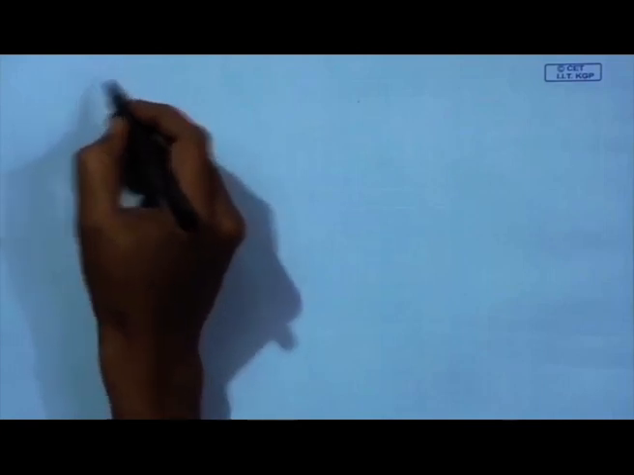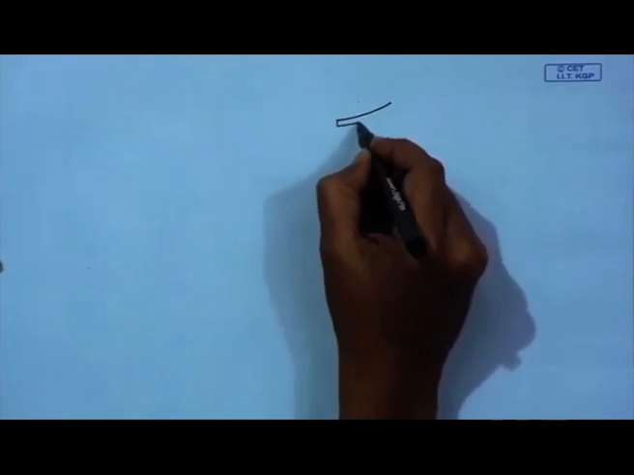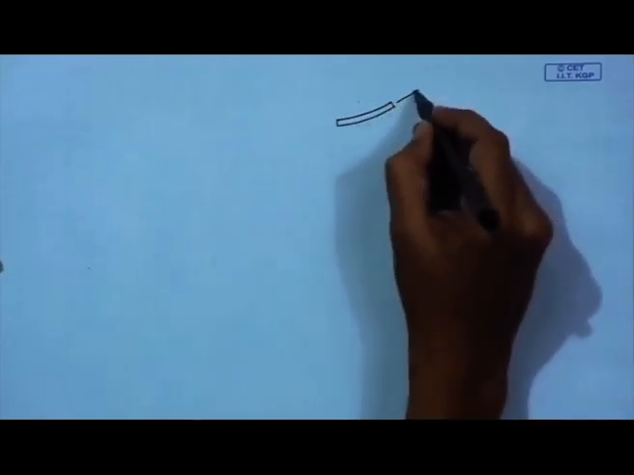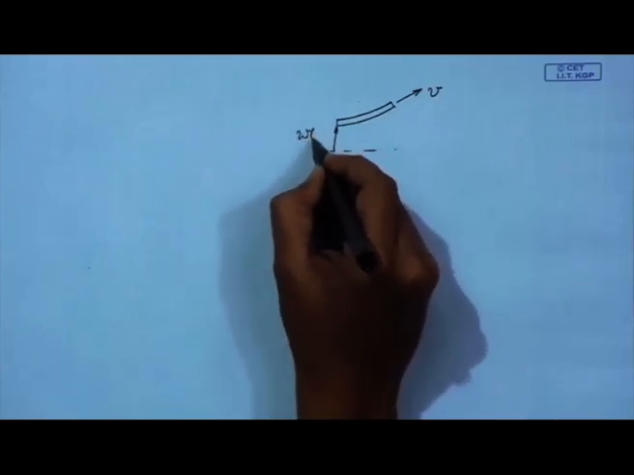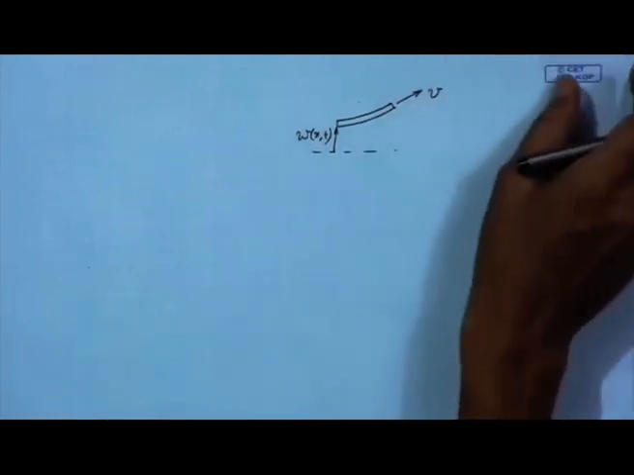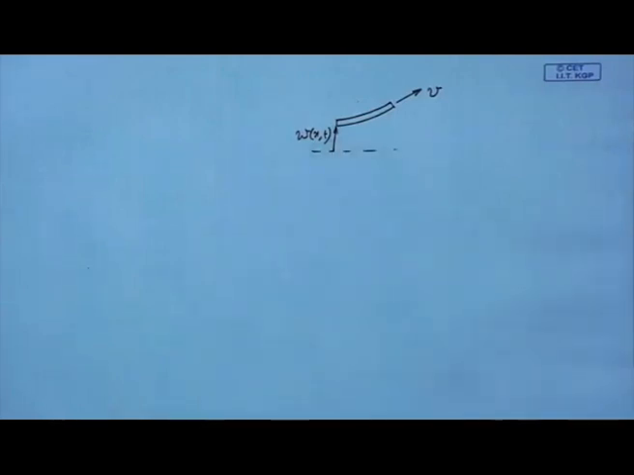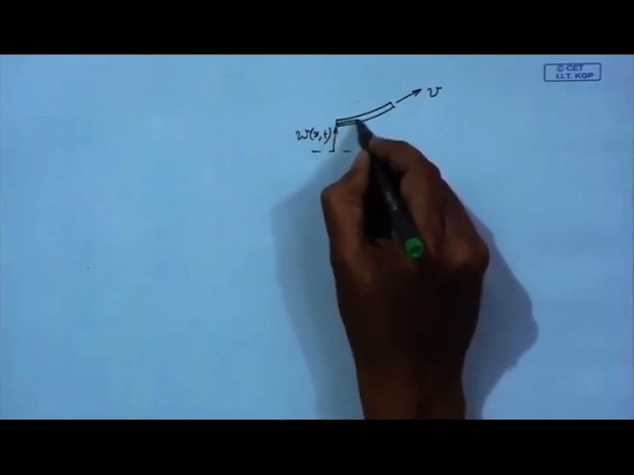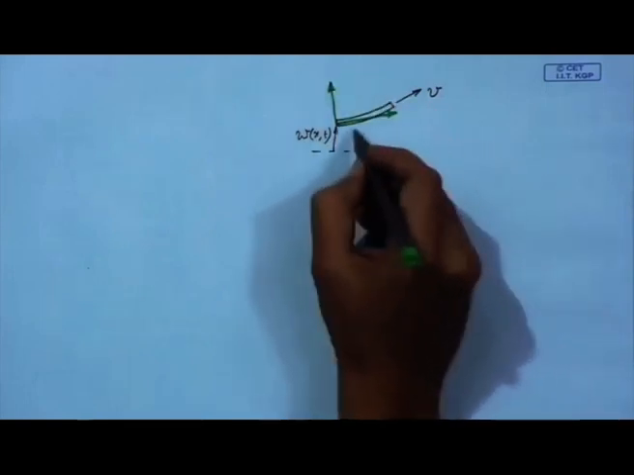Let us quickly look at the string once again. So, here I am drawing an element of that string. Let us quickly understand this equation of motion that we have just now derived from the Newtonian approach. So, in the Newtonian approach, what we need to do is we need to consider a frame